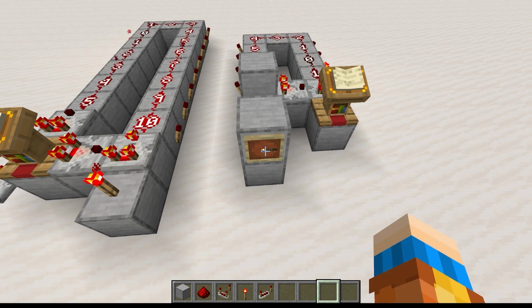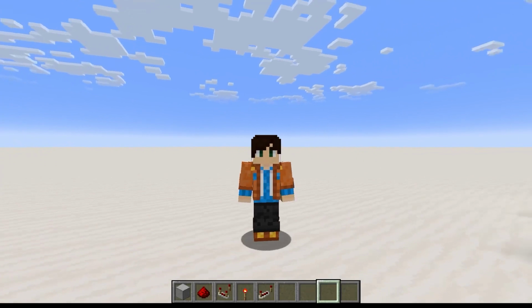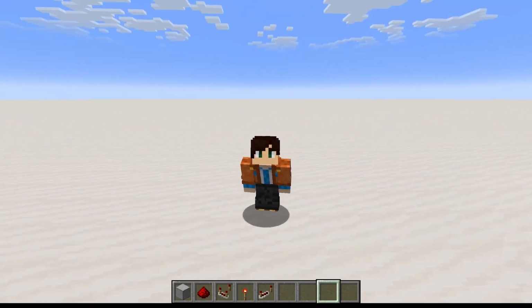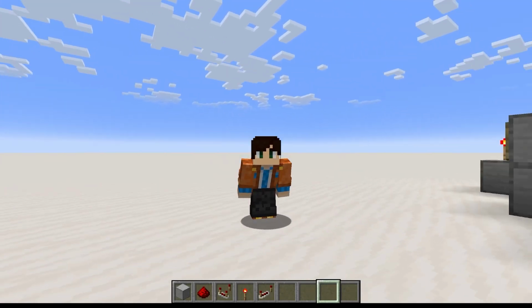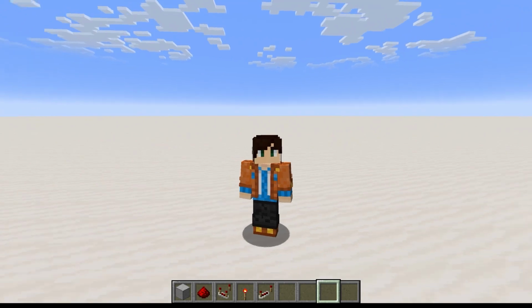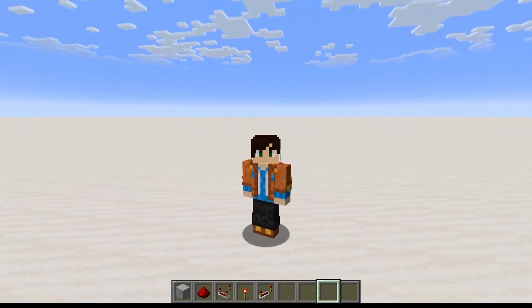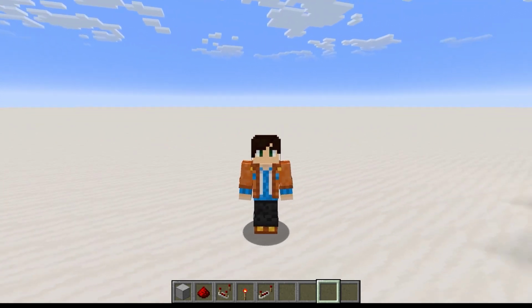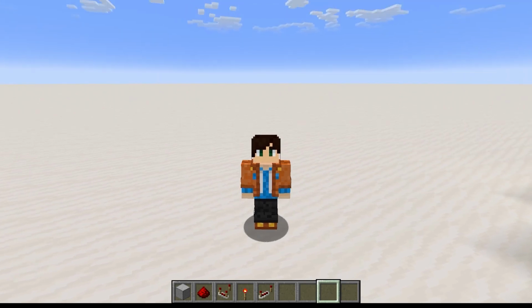Another useful circuit we can create is an item counter. Well, it doesn't exactly count items, but you'll see what I mean in a minute. To understand how this works, you need to know a little bit about droppers. I'll go over them in more detail in a later video, but for now you just need to know that